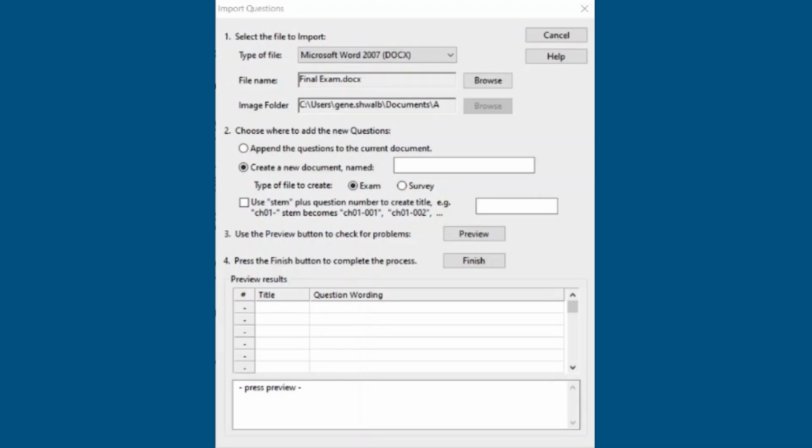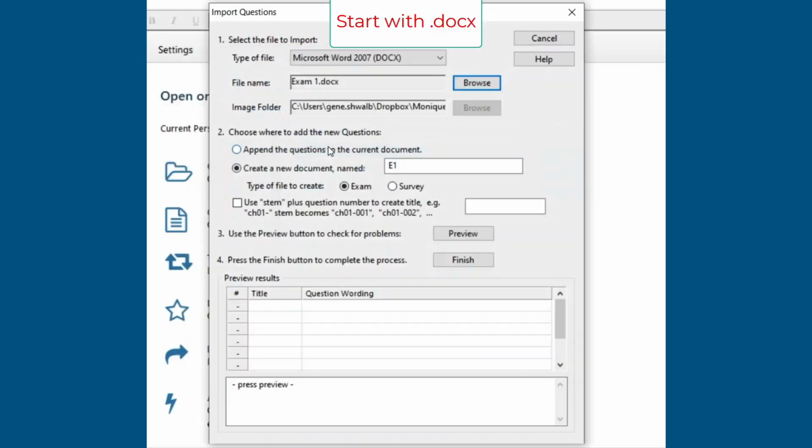Tip 4, also on the Import Question screen, is my recommendation not to use question titles. Should you decide to randomize questions when deploying a test, meaningful question titles can help students to more easily match randomized questions, and you don't want that. Tip 5, and this is really important to remember.